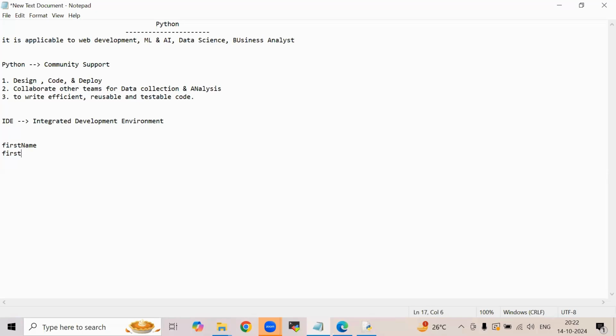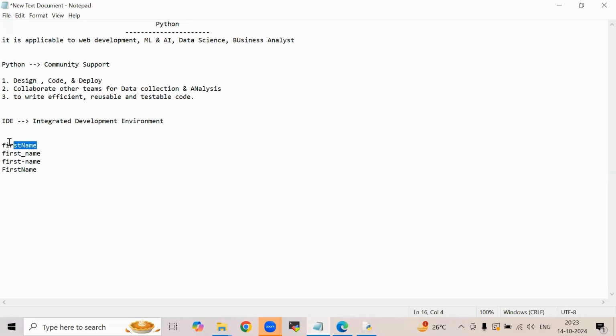Most of the professionals, or even me, follow this style where I use underscore wherever the space is there. Or some people may use a hyphen wherever space is there, or else they may capitalize the first letter, and then for every new word they may capitalize the new word. So these are the different styles of giving names.